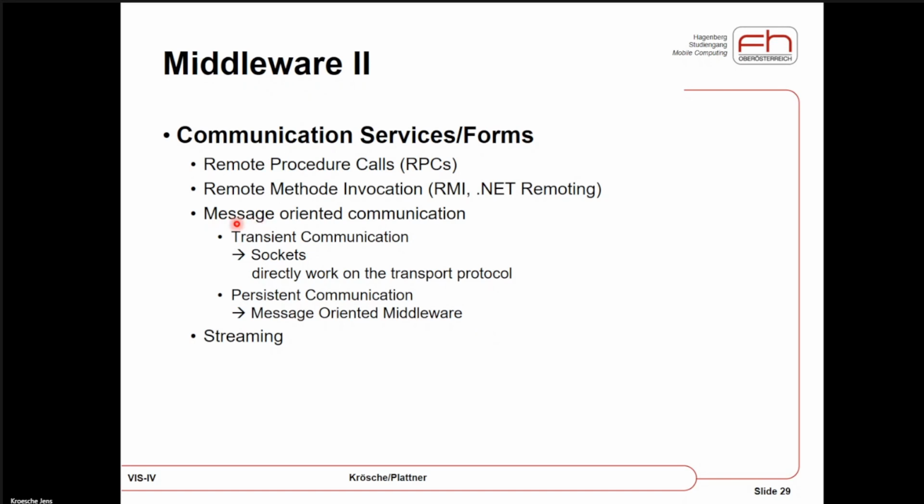So there is something that is less stream-based than these two, and it's called message-oriented communication. And in the textbooks, there are also some specific versions reserved for streaming, but those are not of our concern in